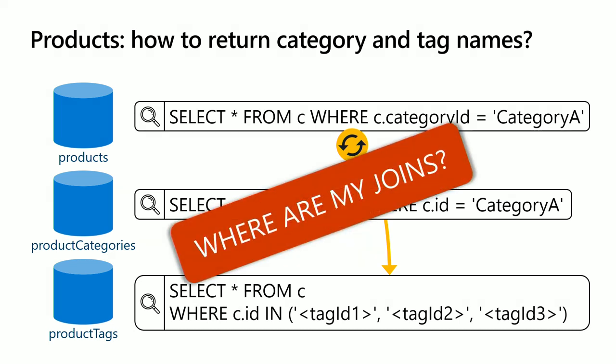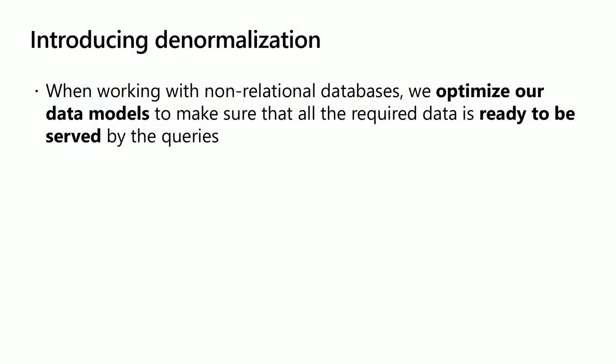This is typically a situation where I need to do a join operation across products, categories, and tags. But remember what I said. This is something that today you cannot do on Cosmos DB. You cannot do joins across multiple containers. So in order to work around that limitation, what we are going to do here is to introduce a level